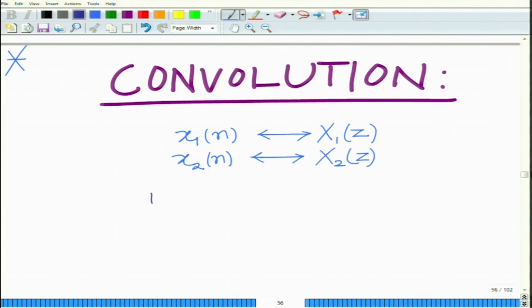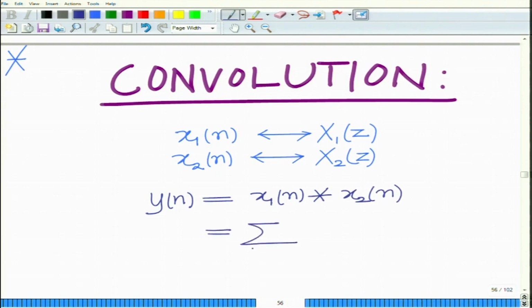What can we say about y n, which is the convolution of x1 n and x2 n, that is, y n equals summation m equals minus infinity to infinity